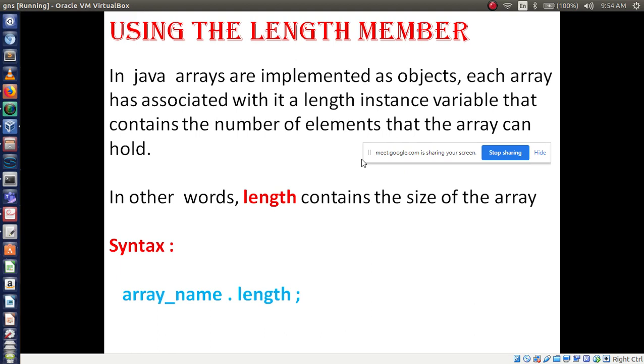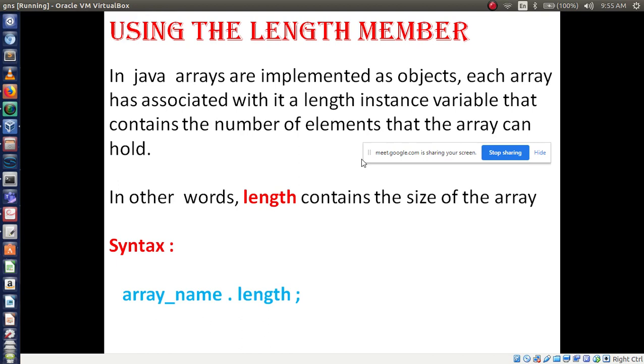Are you writing or not writing? Okay. Take 2 rows, 2 columns, assign any values, then print back those values, because this concept is based on that.